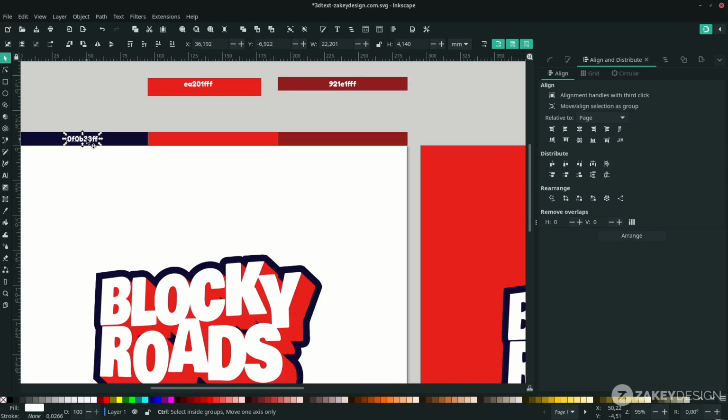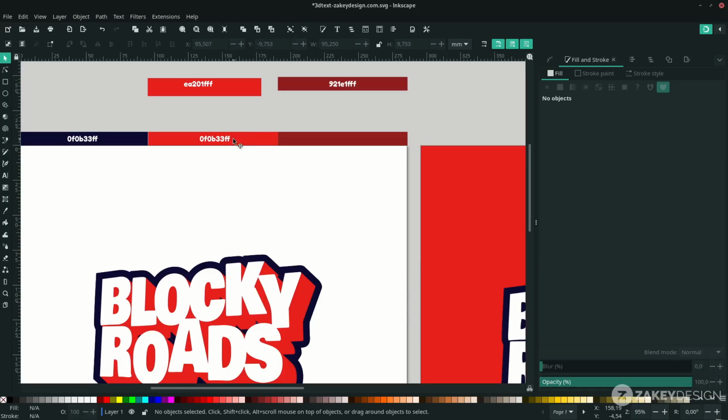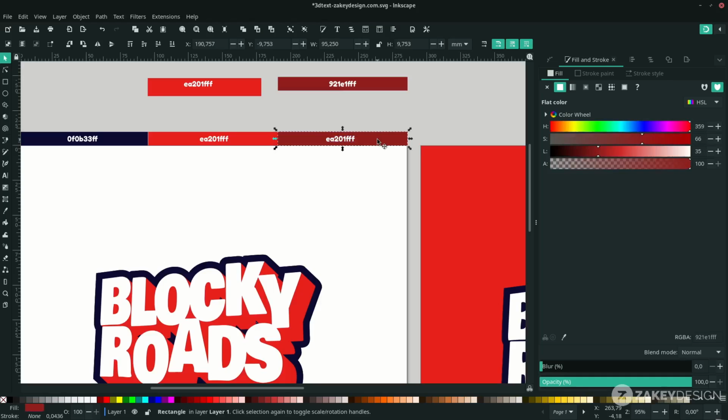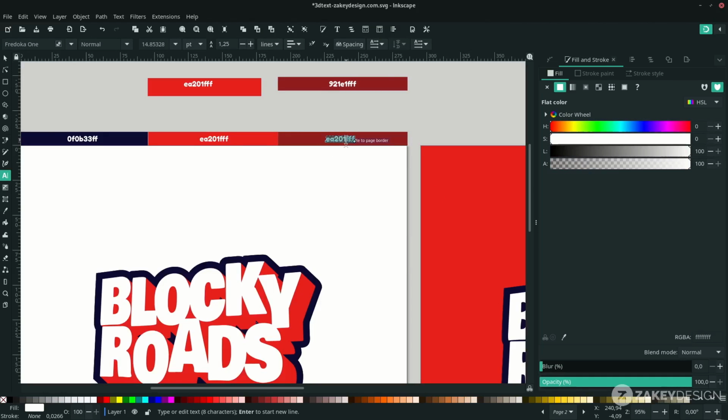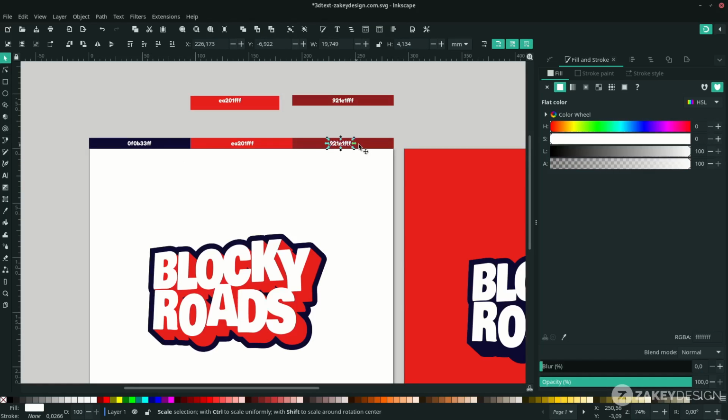And you can duplicate the text, press Ctrl D and move it to here, hold Ctrl Shift while moving. Then in the Edit Object section, you see, this is the color code for this red color. So I'm going to copy it and paste it here. And it's the same for another color. I'm going to duplicate that, take the color and place it here. So there is no plugin or anything. It's only a basic rectangle with text as the color code in front. Alright, let me undo it.